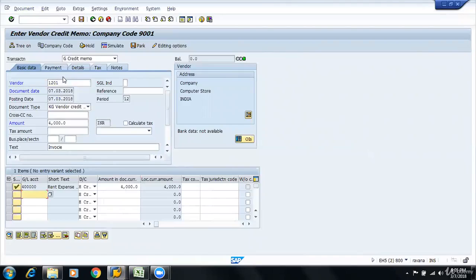Okay, and my vendor is debit here because credit is 4,000 and debit is 4,000, hence the balance is 0. If I make it debit and press enter, what happens? It turns to 8,000. That means this is debit 4,000 and this is also debit 4,000. As soon as you turn to credit memo, this whole thing gets debit. And if I turn to invoice, everything on the top will get credit. Look,